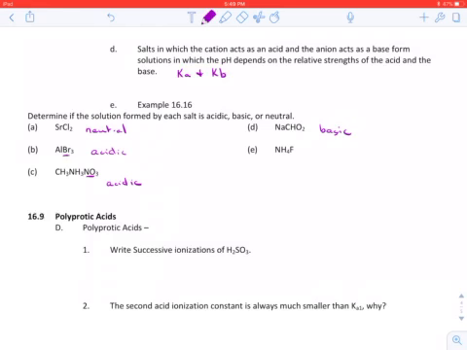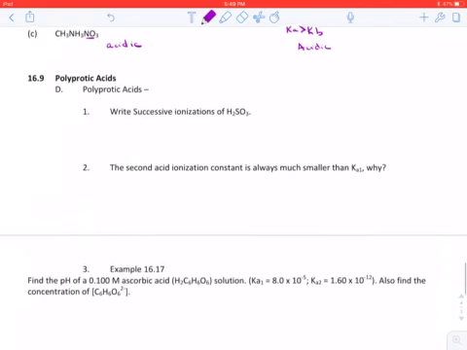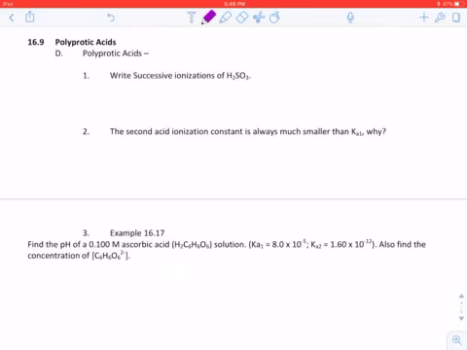And then the last one, NH4F. This is where we have to do a little bit of work, but what we're going to end up seeing is that the Ka is going to be larger than the Kb, which gives us an acidic solution. If you don't understand that, the book does a great job of going over it. Okay, on to